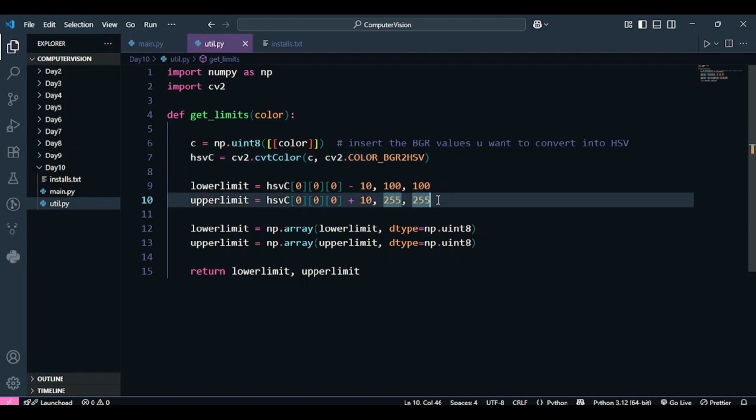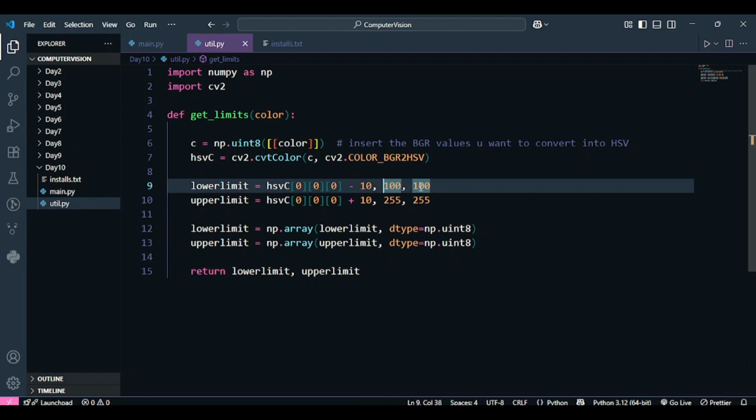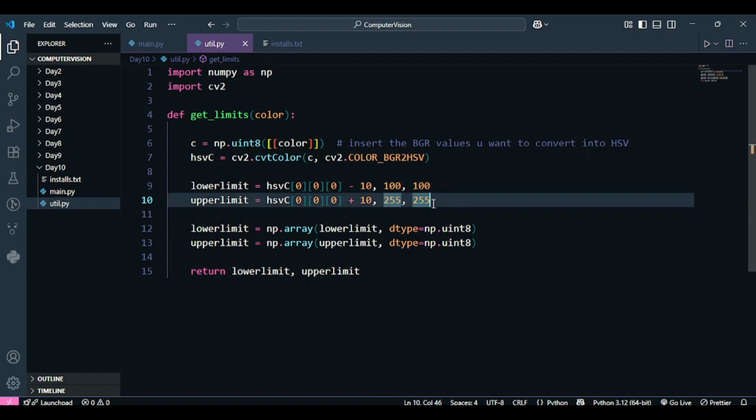You don't have to get into the details of what's happening over here, but as you can see, the first channel represents the hue, then the saturation, and then the value. It's subtracting 10 from the hue channel in the lower limit, and adding 10 to the hue channel in the upper limit. It's keeping the saturation and value at 100 in the lower limit, just so that it ignores the very dull colors, and in the upper limit we have set the values to 255 and 255 so that it can even detect a color that has a very high saturation or very high brightness.